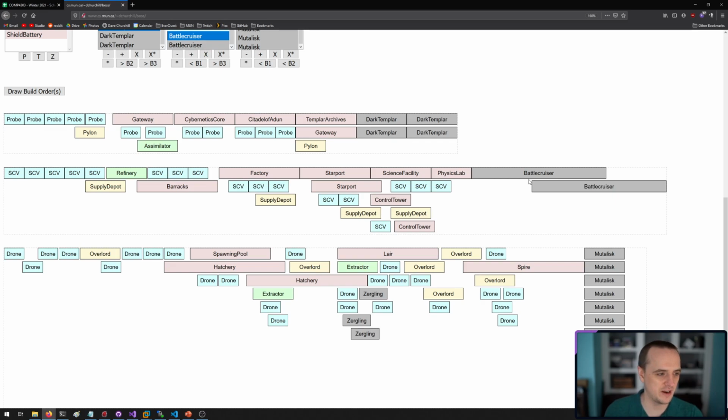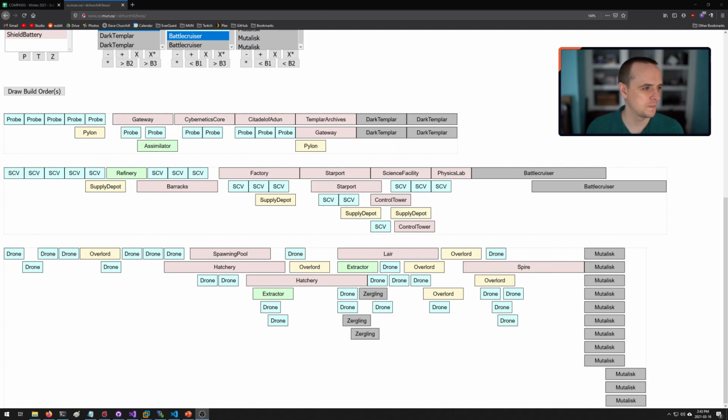I think it was probably for the gas, right? So this is a very heavy gas build. And so this time waiting here, we probably didn't have the gas yet. And not only that, but if I move my camera here, you can see down here in the Mutalisk build that it was waiting for this spire to be finished, right, before it built the Mutalisks.